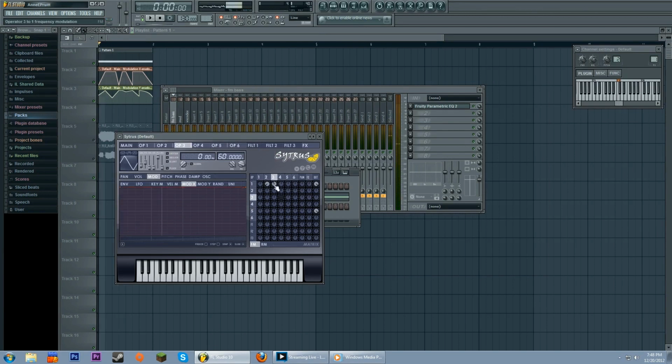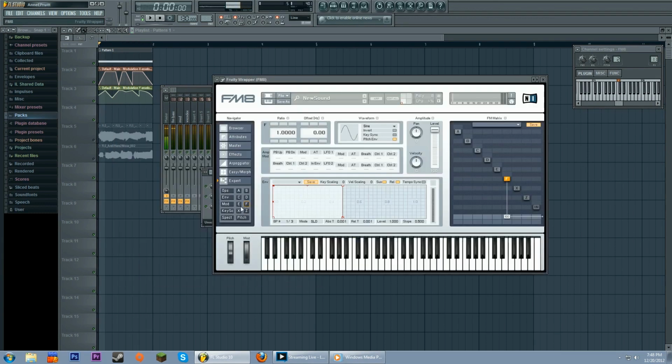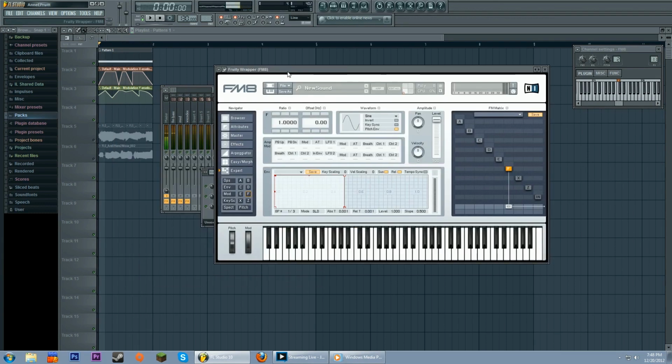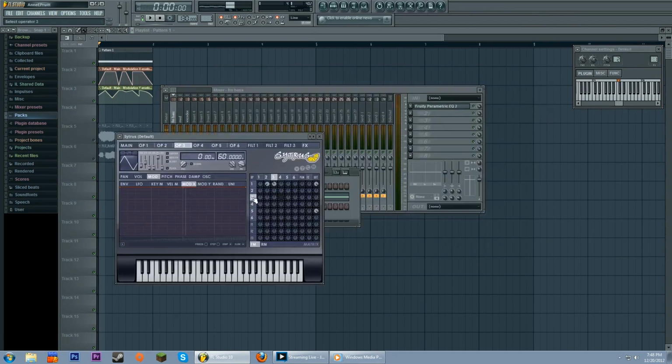If I were to make this any louder than this, for example, it's all about, okay, that's something that you need to realize about FM, which means frequency modulation,